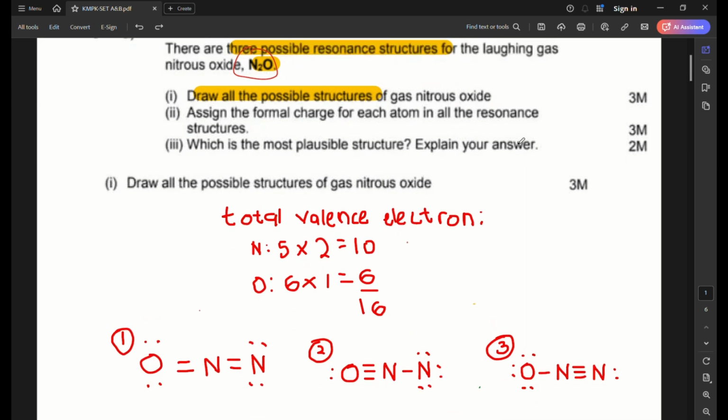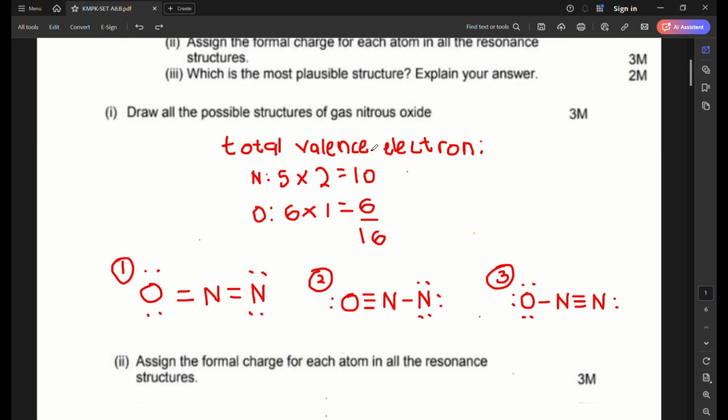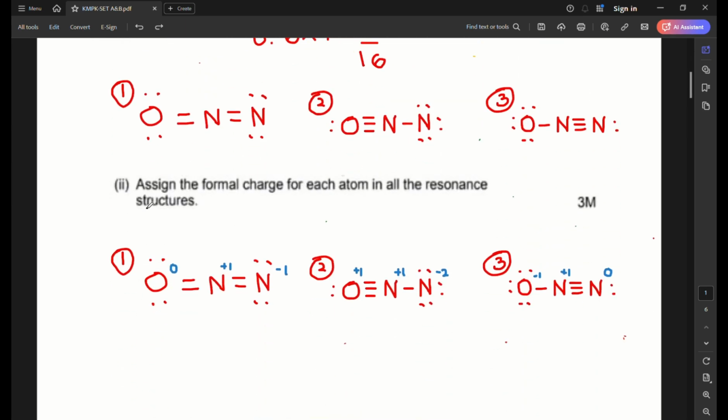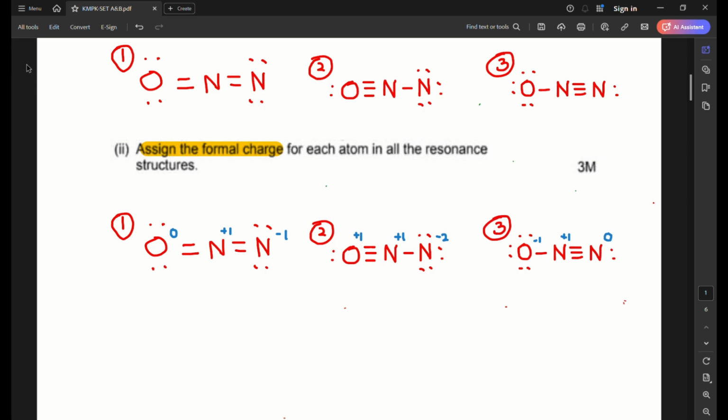Moving to the next question, it says to assign the formal charge for each atom in the resonance structures. It says assign the formal charges, so that means you don't need to show the calculation. But if it does ask to show the calculation, basically what you have to do here is